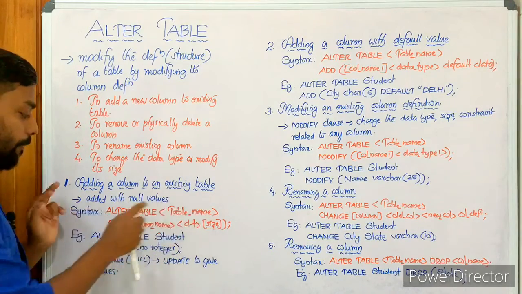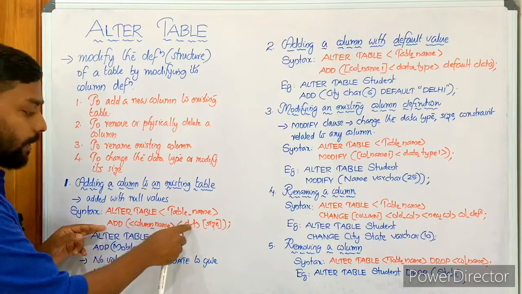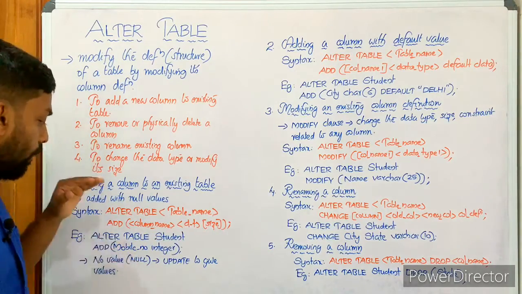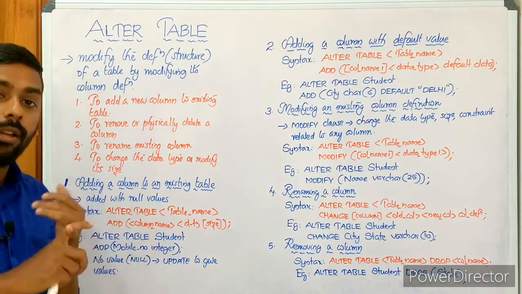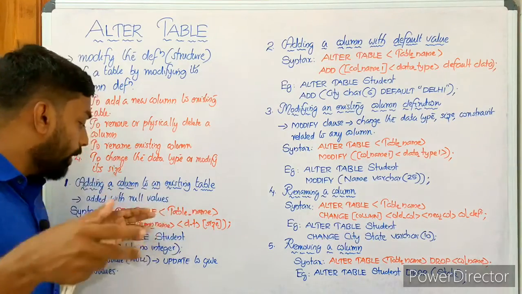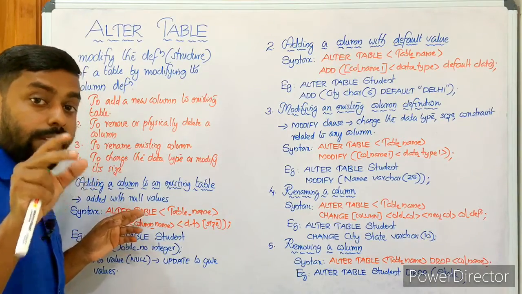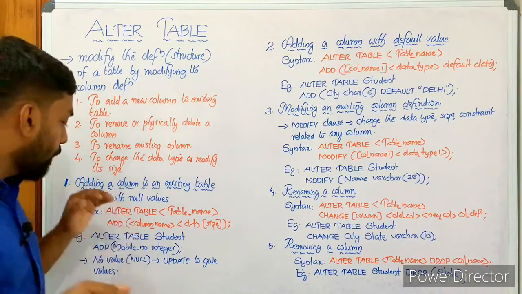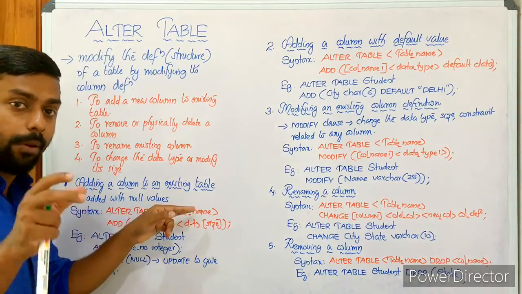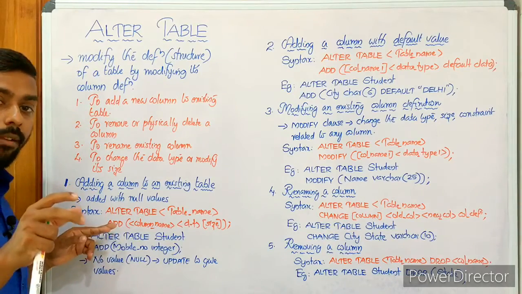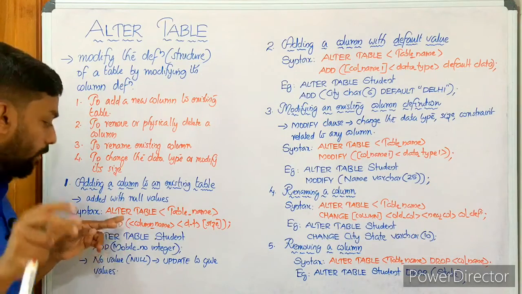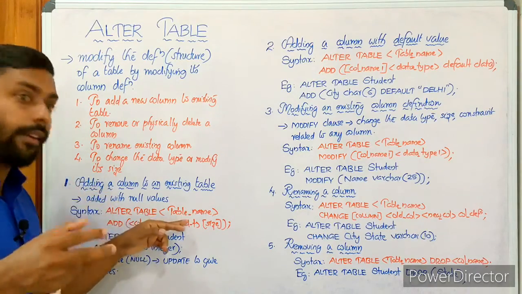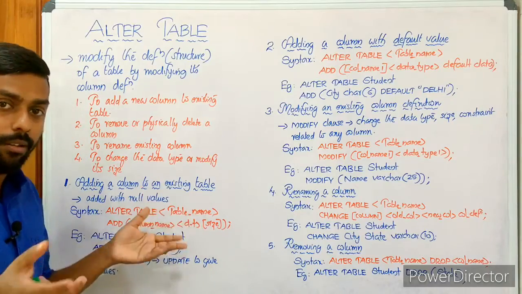Here is the syntax. Alter table, table name, add column name, data type. DT stands for data type. Size can also be provided. We know in all the DDL commands we have the word table: create table, alter table, drop table, truncate table. So alter table, followed by the name of the table. Then we have the clause add, because we are going to add. Column name, the name of the newly added column, and its data type must also be given, then size, as it supports size as well.